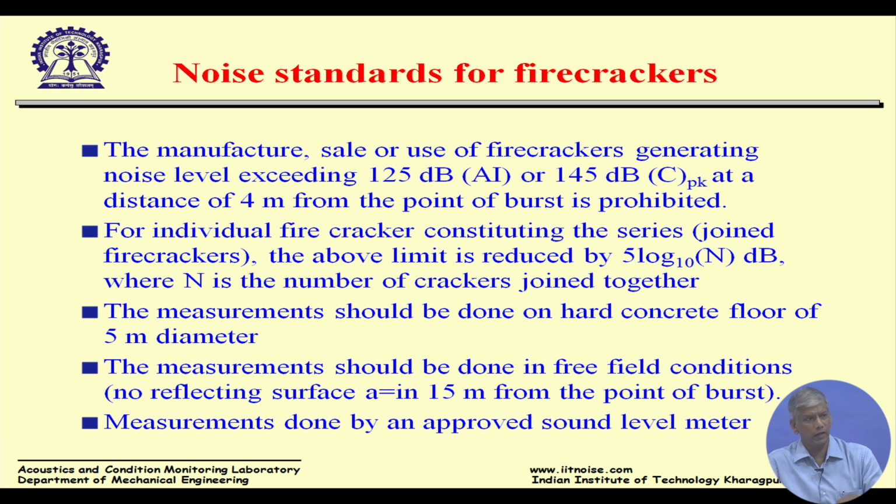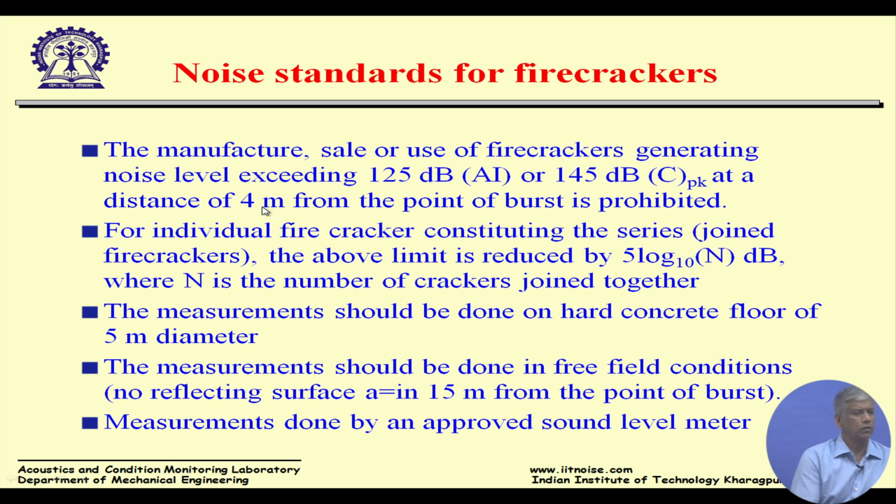There is a C weighting, the equal loudness contour, unlike the A weighting, which is at 40 phons. This is at a little higher. And for higher noise level, C weighting is used, and that's what is given in the standard. But today in the industries, everybody is following the A weighting. That's good enough. But any manufacturer of a firecracker has to ensure that their firecrackers should not produce so